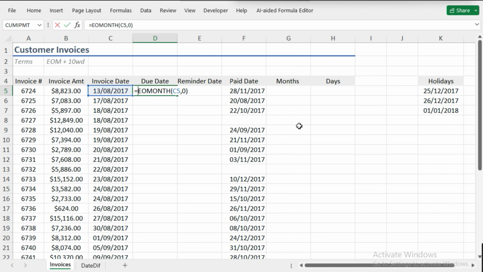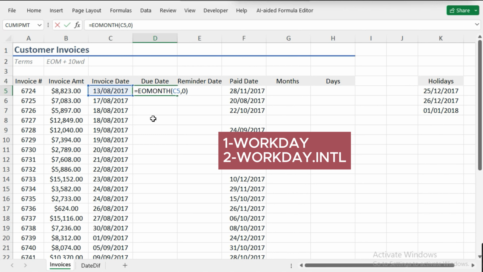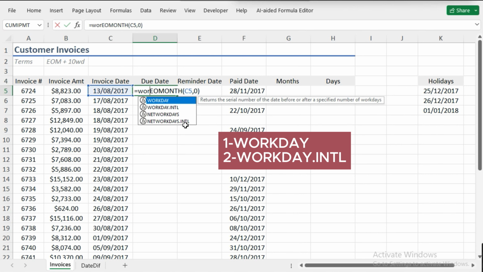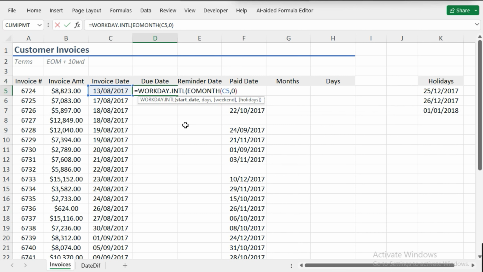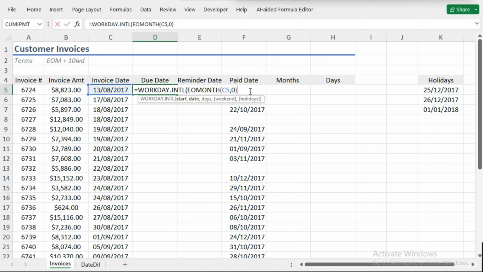If it was just 10 elapsed days, we could do +10, but we want to factor in weekends and potentially holidays as well. To do this, we have 2 options, the WORKDAY function and the WORKDAY.INTL function. They're very similar, so I'm going to select WORKDAY.INTL this time, and you'll see WORKDAY.INTL is very helpful. It also allows us to specify when our weekends are. WORKDAY assumes it's Saturday and Sunday, but it's quite possible that in different regions or just different organizations, your weekends